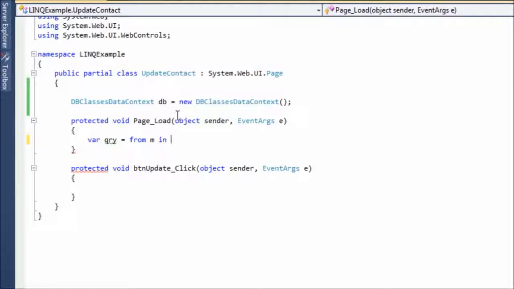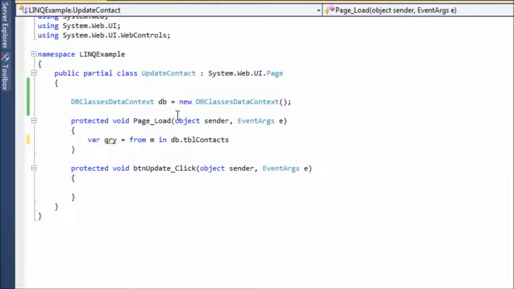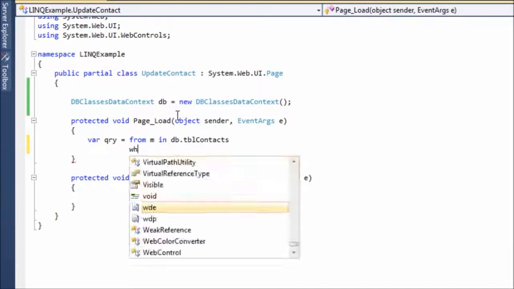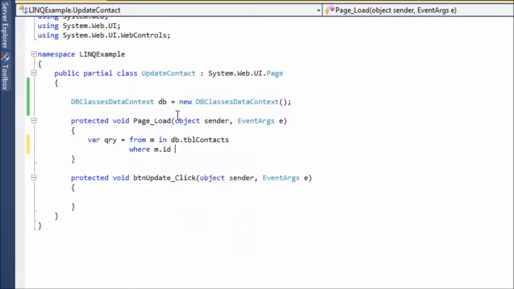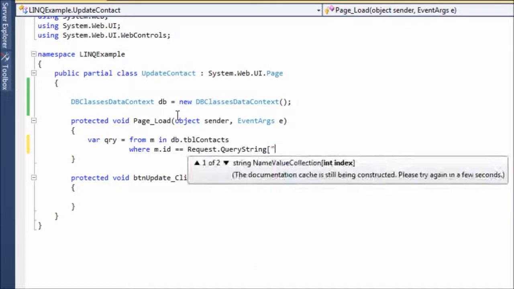First we write from, then we write any variable in db.tc table context. Whenever I say this, it automatically gets those properties, whatever the properties in that context table, and they are automatically assigned to this area. So I'll write the where condition: m.id equals, and I'll write Request.QueryString,